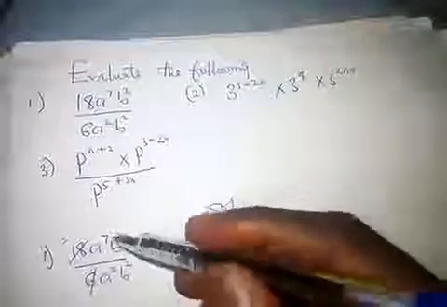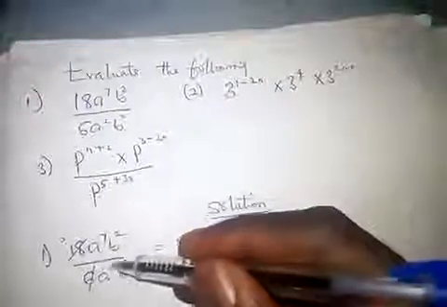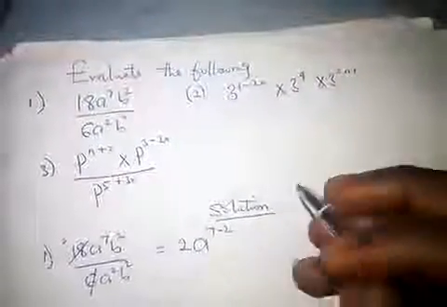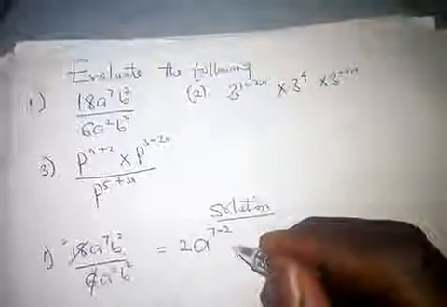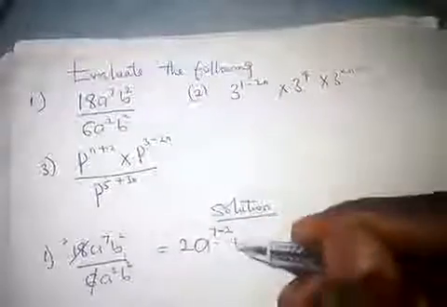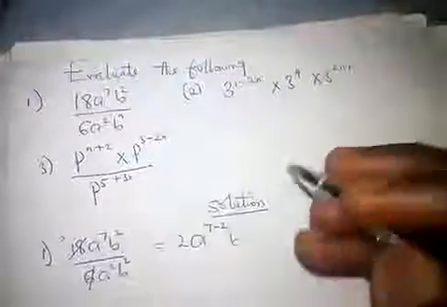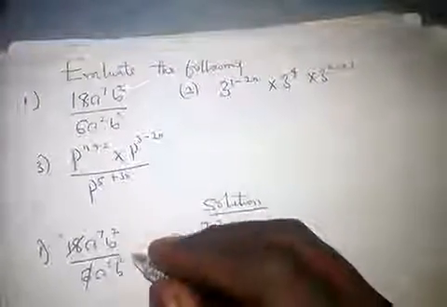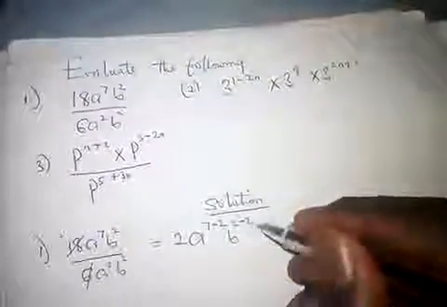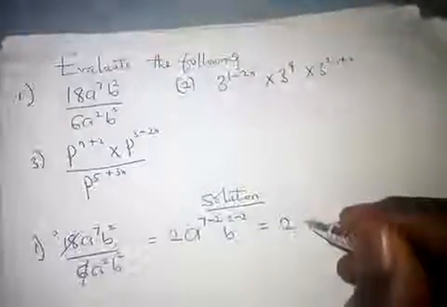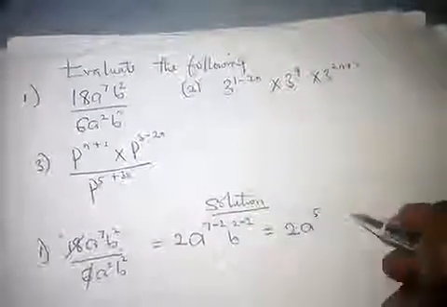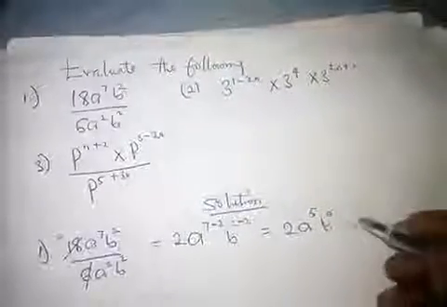We have 7 divide 2, which is 7 minus 2. Next one is B. B and B is common. Pick 1. Then the up one, 2, since it is a division sign, 2 minus 2. 7 minus 2 is 5. 2 minus 2 is 0, which is